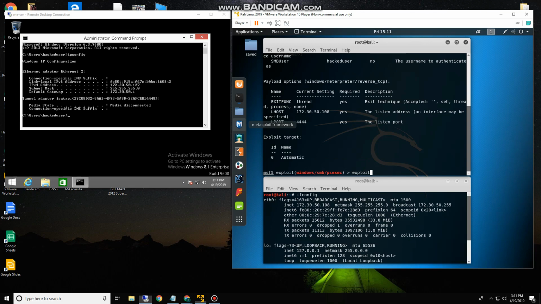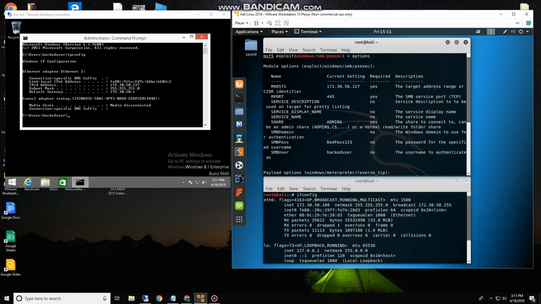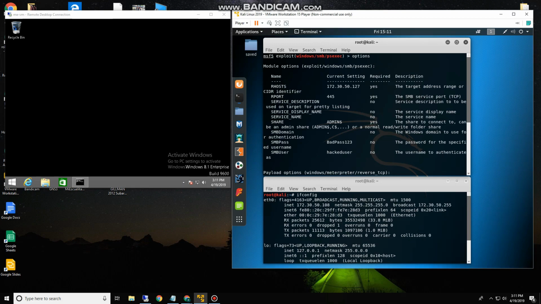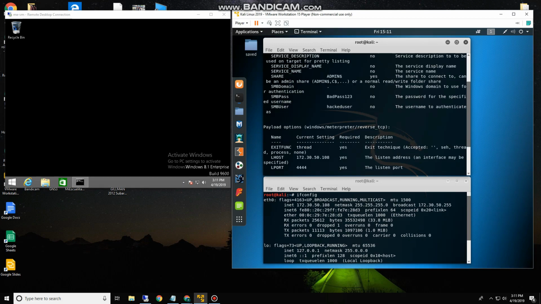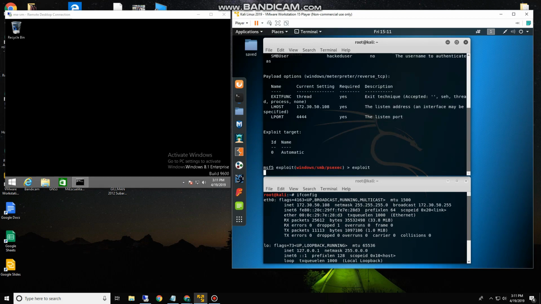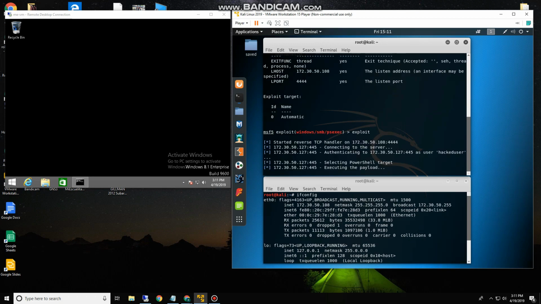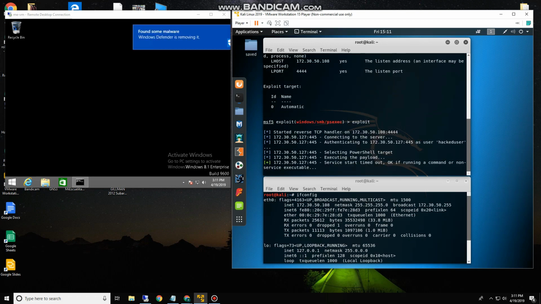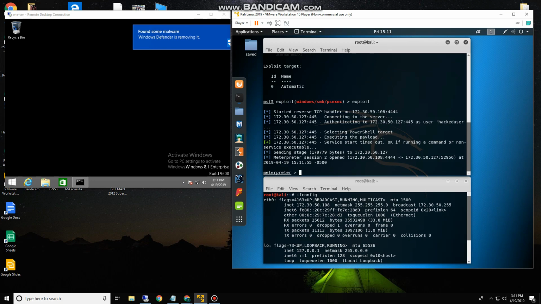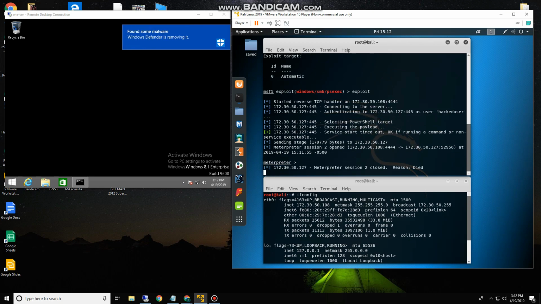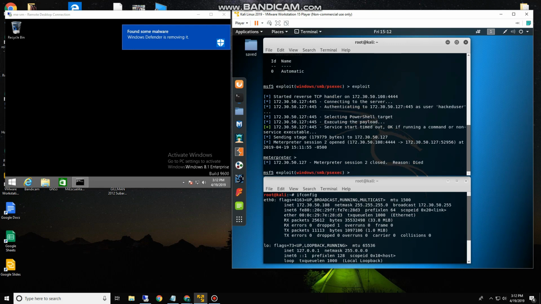Let's make sure that I have the IP address in here right, 127. Great. So when you try to run the exploit, it's going to attempt to execute the payload, and Windows Defender found some malware and is removing it. It is interesting that it let me start a Meterpreter session here, but it automatically killed it because Windows Defender found